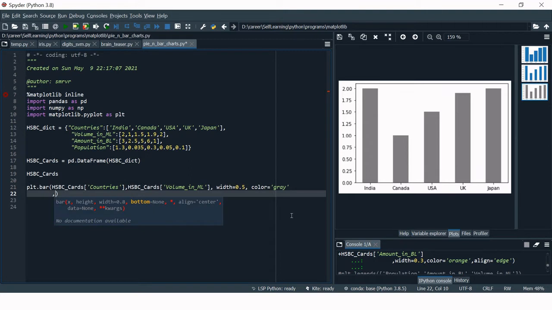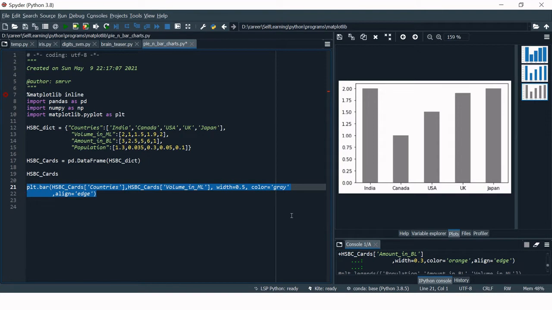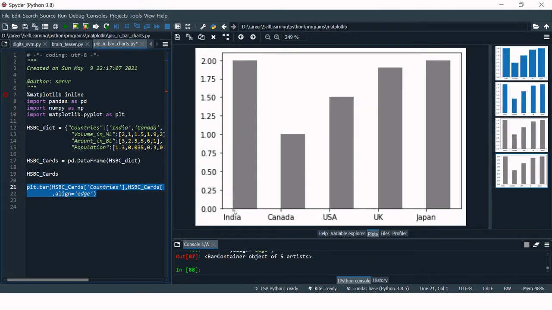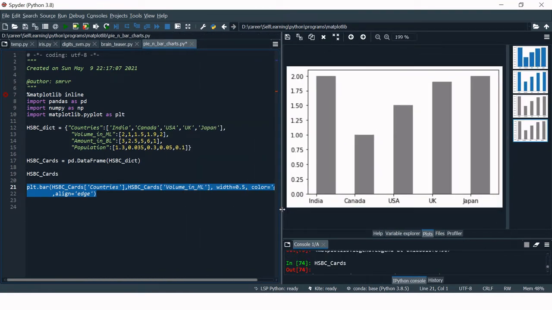Let's see how can we do that. You just need to type align and then put the value edge. After putting that value, you can just create this. And now let me show you. If you can notice, previously this line was in the center. Now this is at the left, means the line is at the same place, column has been moved at the edge. Alright, so this is how you can change the alignment.